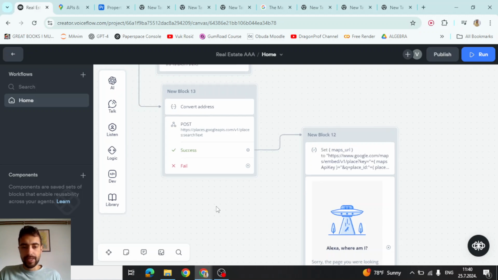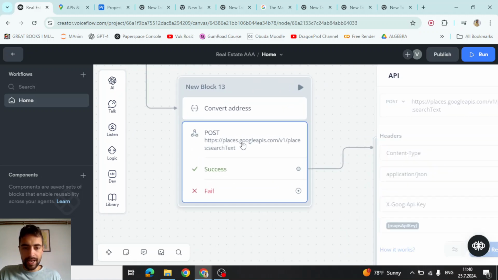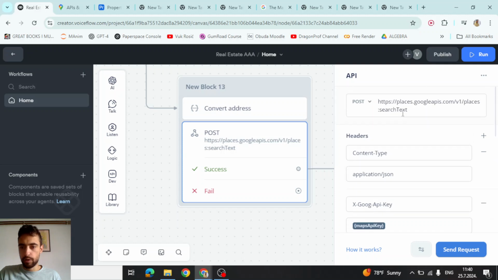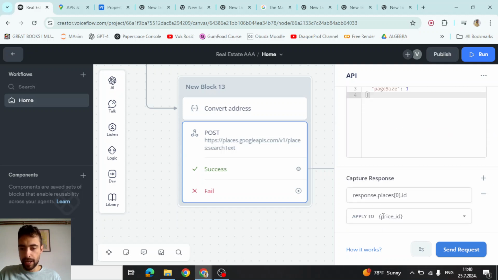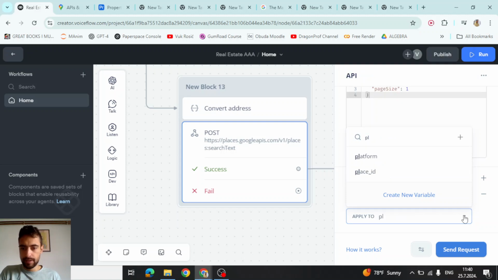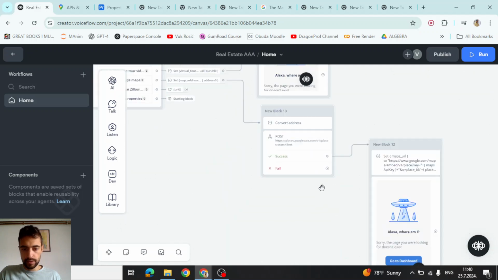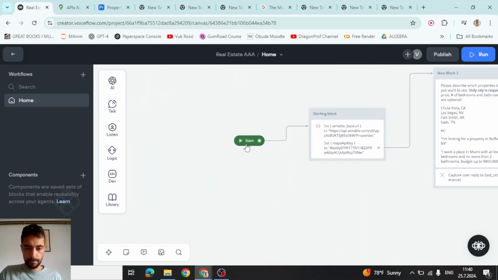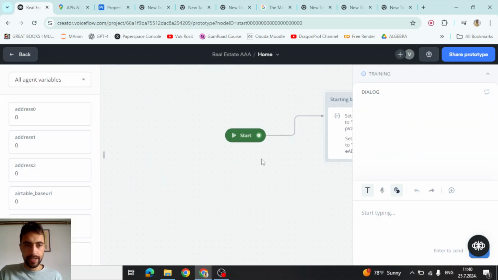And we made a bit of a mistake here in the Google APIs. When we are calling the API, here we are applying to price ID, not price ID, but place ID. So let's say place ID like this. And that should be it. So now we can test this. If I start from the beginning,